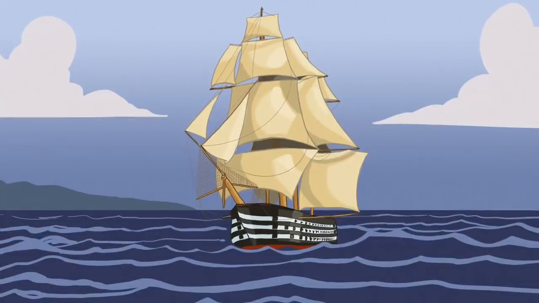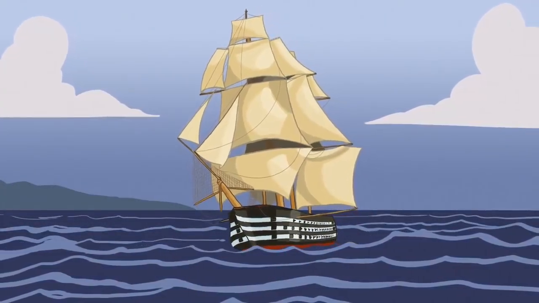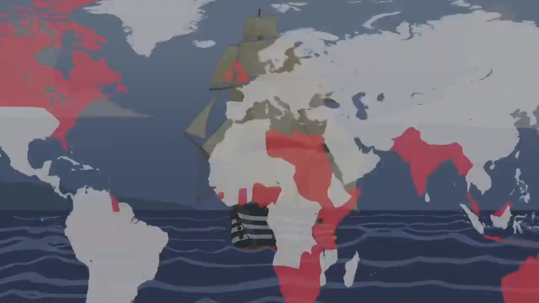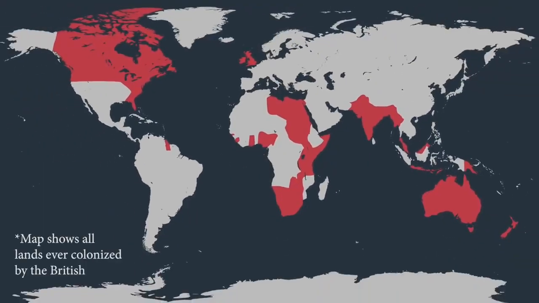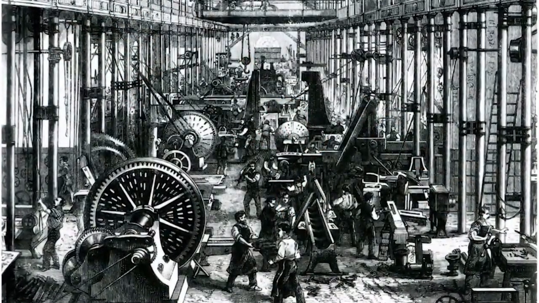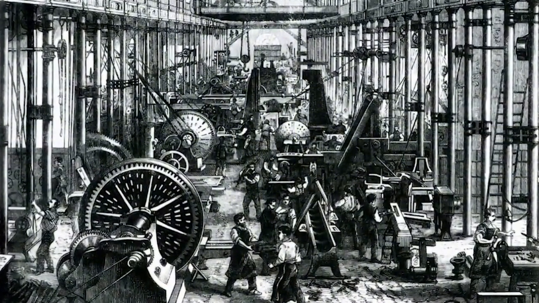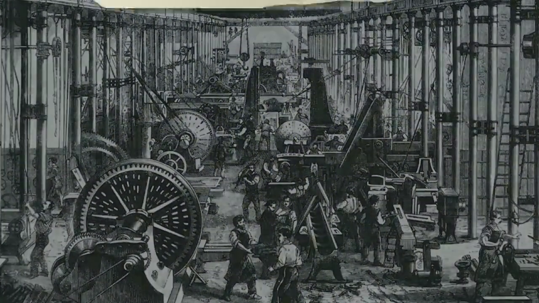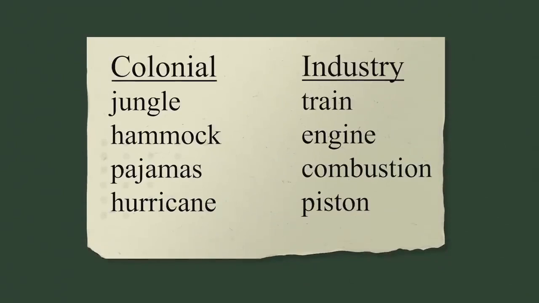Beginning in the 16th century, the British started exploring and subsequently created an empire. At its height in the 19th century, the British Empire covered a quarter of the Earth and had control over almost a quarter of the Earth's inhabitants. This spread of English, as well as the later Industrial Revolution, transformed English even farther, mostly in the realm of vocabulary. New words from English colonies, as well as new words for new technology, ballooned the English vocabulary into what it is today.